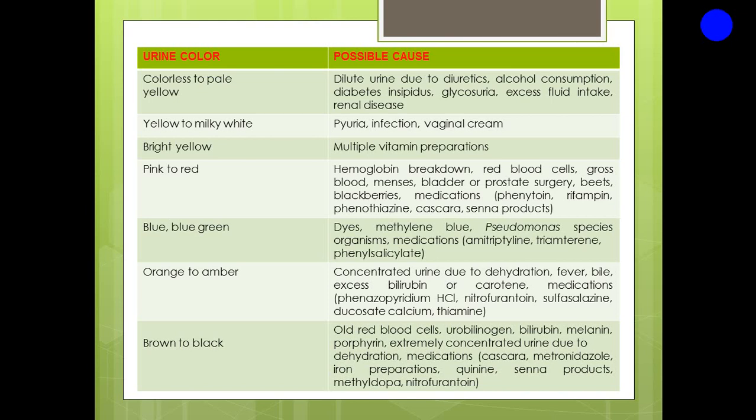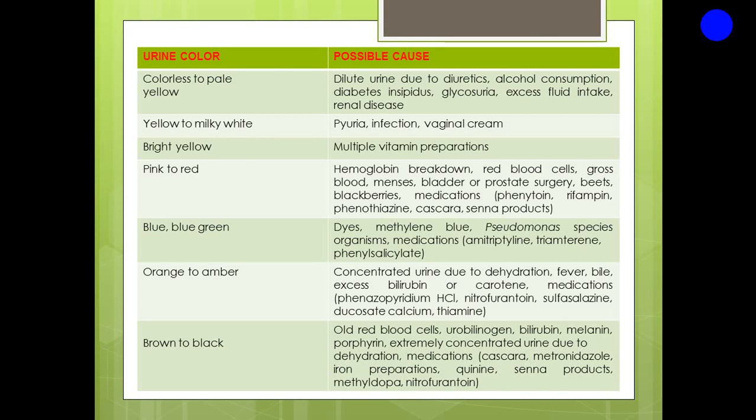Yellow to milky white means that the patient has pyuria, infection, or vaginal cream. Bright yellow means that the patient has taken multiple vitamin preparations. Pink to red means hemoglobin breakdown or RBCs in the urine, hematuria, gross blood, and so on. Blue to blue-green means dyes. The patient may have had an X-ray with dyes,